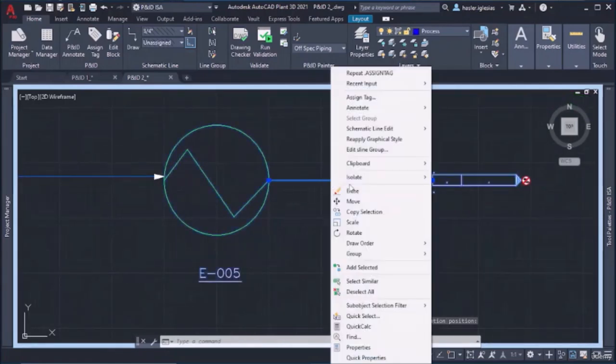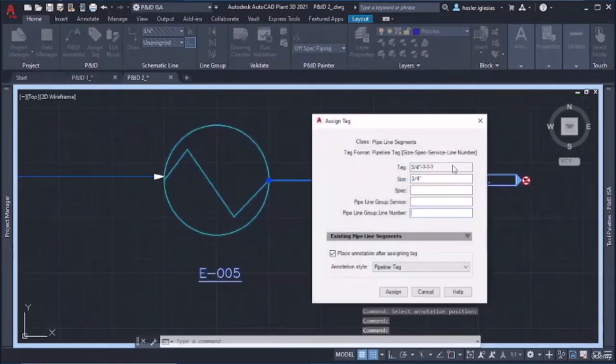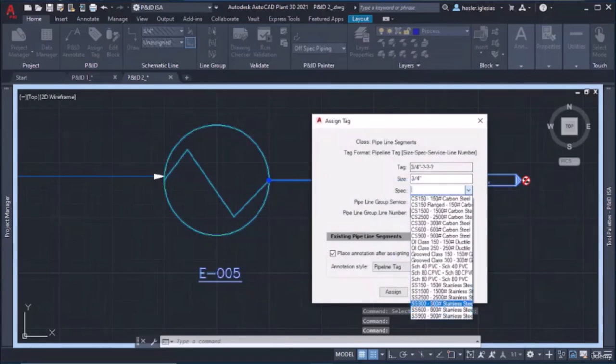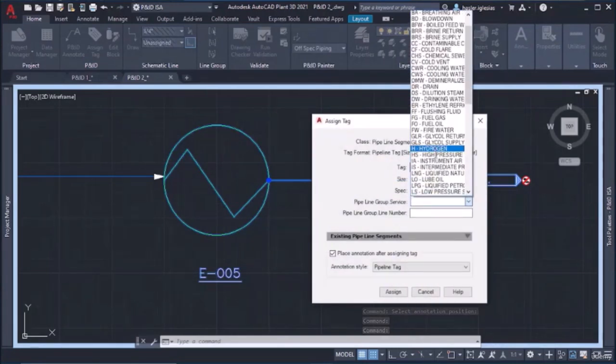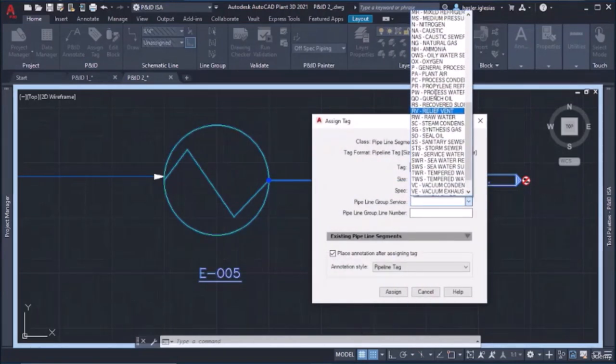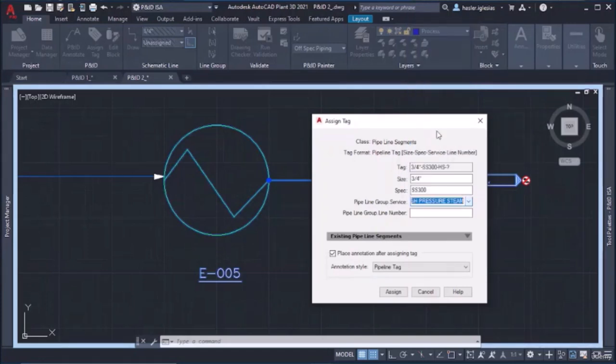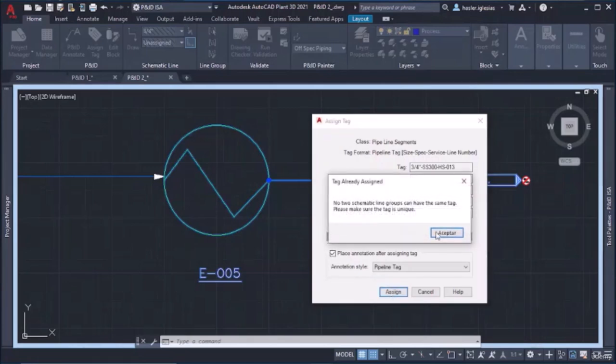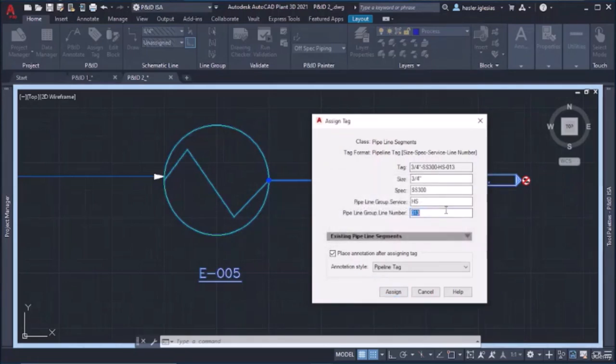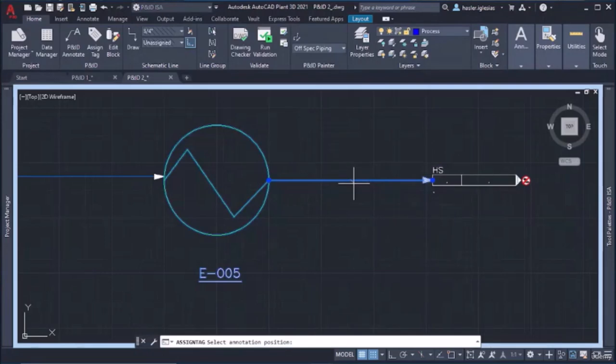And this one, assign tag, it's going to be, well, the same, SS300. This is high pressure steam, high pressure steam, and this is the 13, if I'm not wrong. Oh, I'm wrong. 13, okay, let's